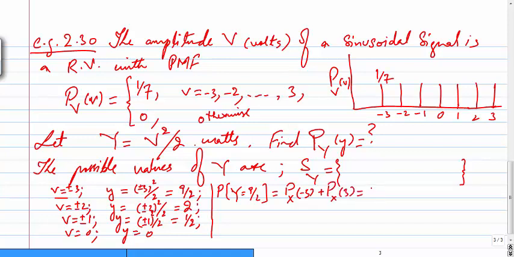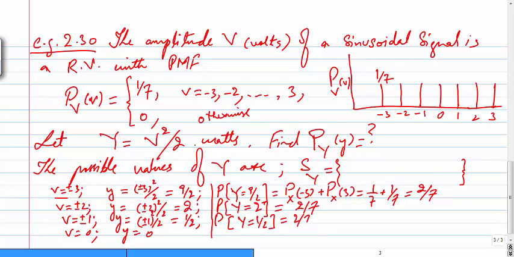So it becomes 1 by 7 plus 1 by 7, so it becomes 2 by 7. Similarly, for this case, when capital Y is equal to 2, also 2 by 7. Again here the probability for capital Y equal to 1 by 2 is again 2 by 7,